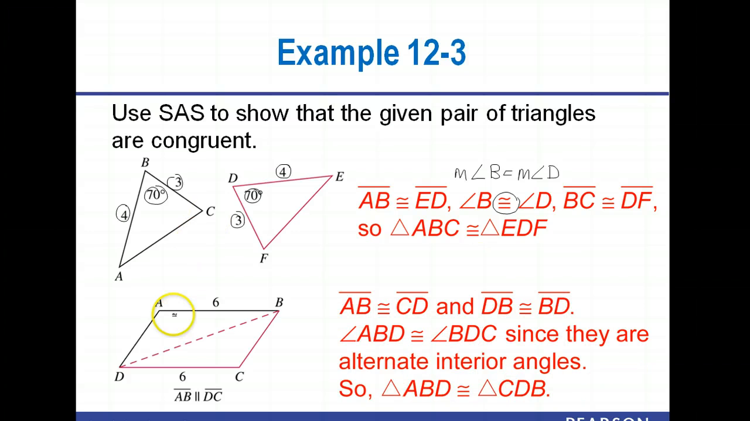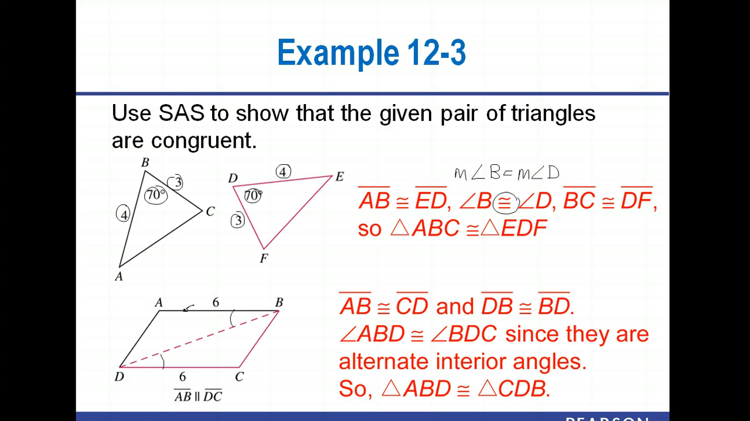In this next one, it looks like we actually have a couple of triangles constructed from a parallelogram by a diagonal. We have AB is congruent to CD, they're both 6, and we have DB is congruent to BD because that's the same side, they share that side. We also know angle ABD, that's this angle here, is congruent to angle BDC, because that's this angle here,